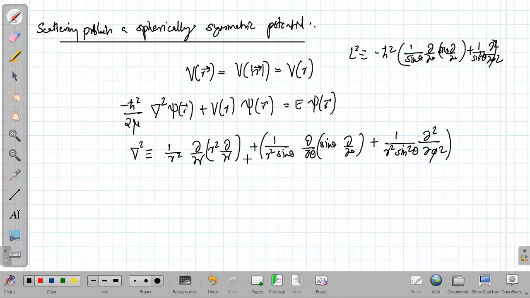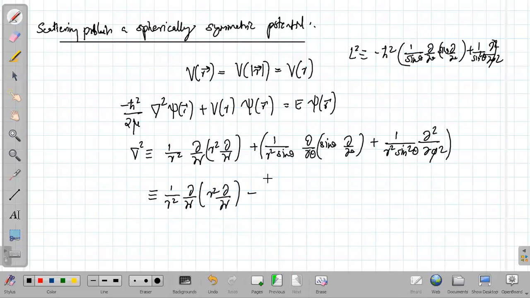So if you take this r square outside and multiply and divide with minus h bar square, you will get L square. So this del square it is also possible to write as 1 upon r square dou by dou r of r square dou by dou r minus